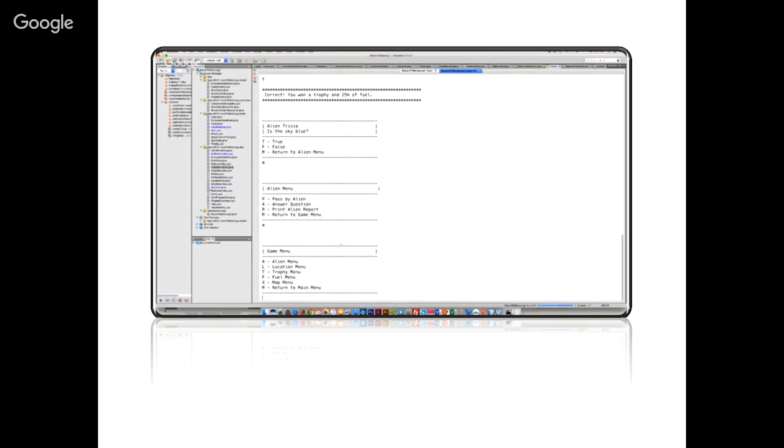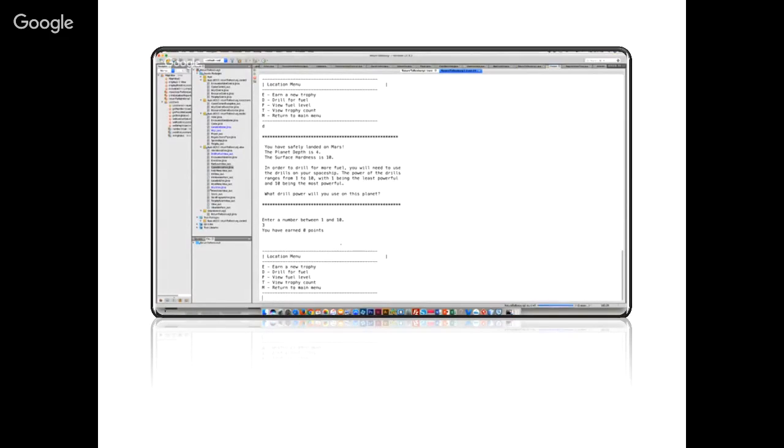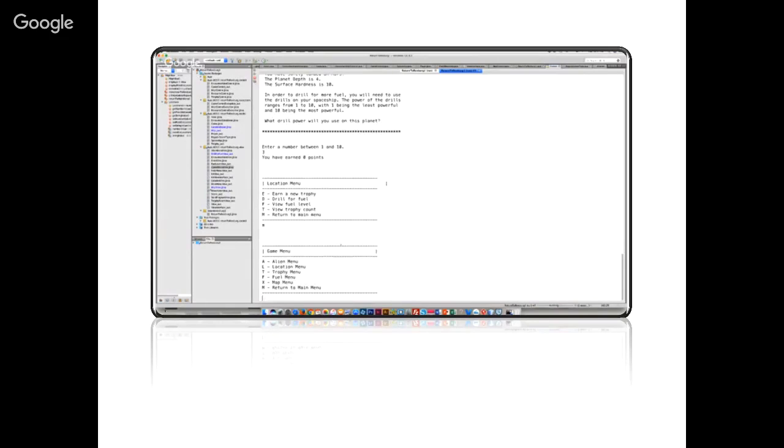And the options here on the game menu give me a location menu, which I want to select. The menu is displayed here with some different options. I'll go ahead and try out the drill for fuel. There is a message displayed giving me information about that location, and it's asking me to enter a number between 1 and 10 so that I can get some more fuel. Let's try 3. I didn't earn any points. I will go ahead and go back to the main menu,